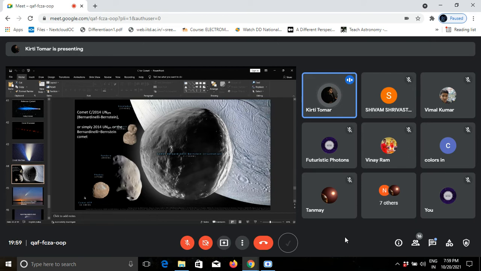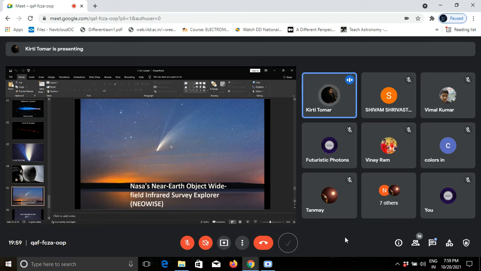So now let's have a view on this comet. Most astrophotographers, even every photographer, photographed this comet last year, 2020, when it was visible to the naked eye. The comet NEOWISE, from NASA's Near-Earth Object Wide-field Infrared Survey Explorer.